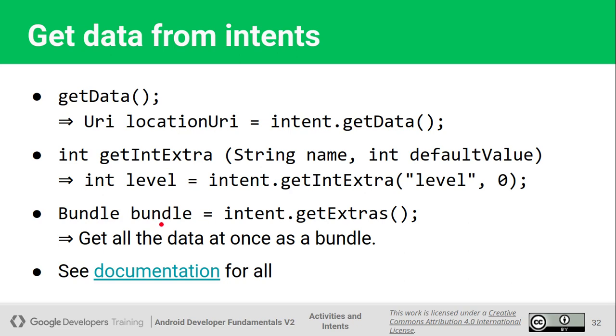The third point was the bundle. We call intent.getExtras. This function will return a Bundle object, and this object will contain the key and the message, so we can access our message from this bundle object on the receiving activity.